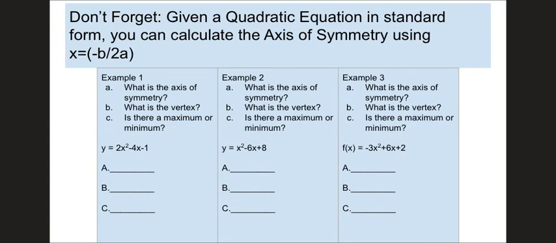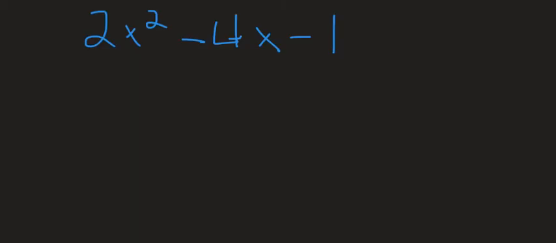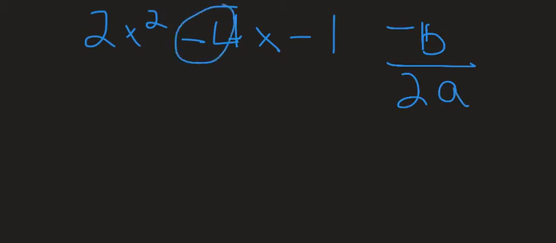Okay, so I'm going to look at 3 examples of calculating the axis of symmetry, coming up with the vertex, and then whether or not it's a maximum or a minimum value. So let's look at example 1, which is 2x squared minus 4x minus 1. So remember, our axis of symmetry formula is -b over 2a. So we have to take the opposite of b. Well, our b in this case is -4, so we're going to take the opposite of -4,